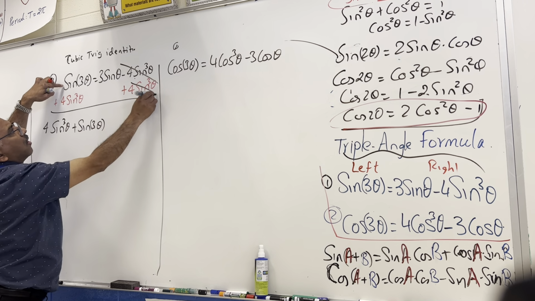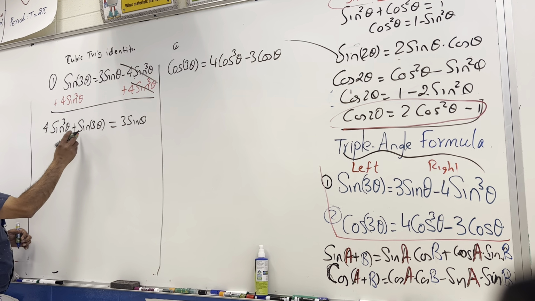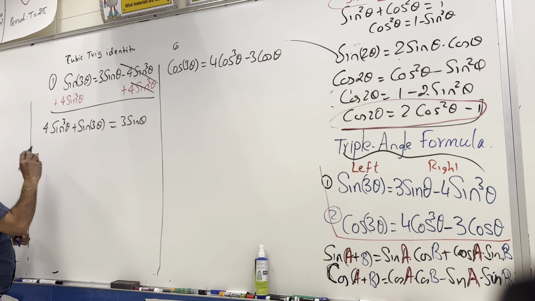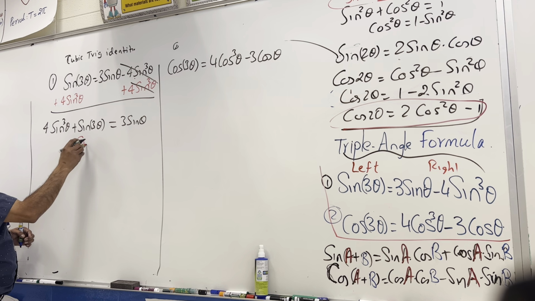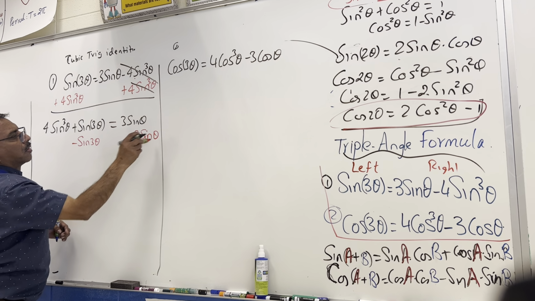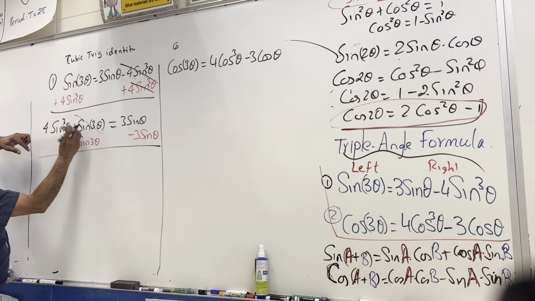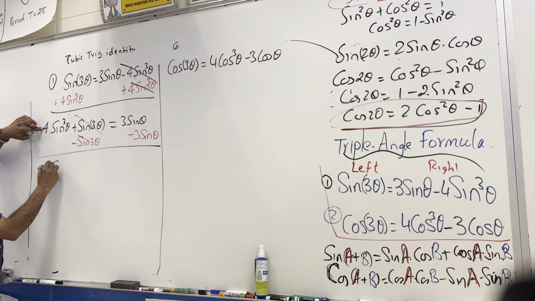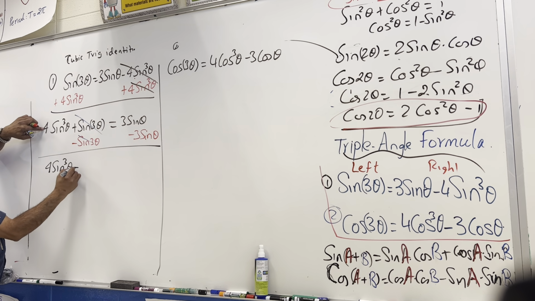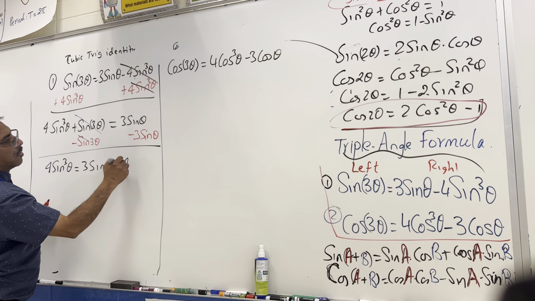This crosses out and you get equals 3 sine theta. Next, I don't want this sine 3 theta, so subtract sine 3 theta from here. When you subtract, this will go away. You get 4 sine cube theta equals 3 sine theta minus